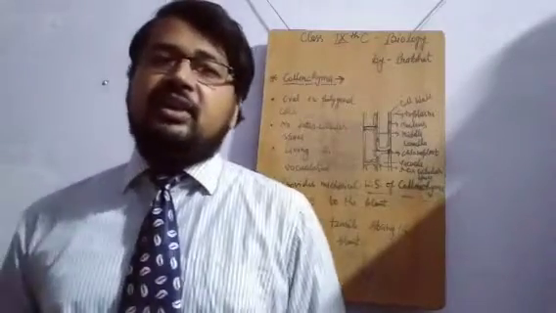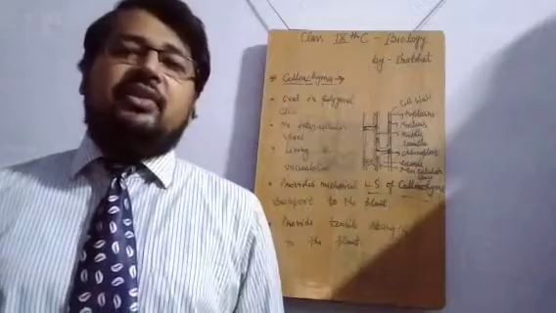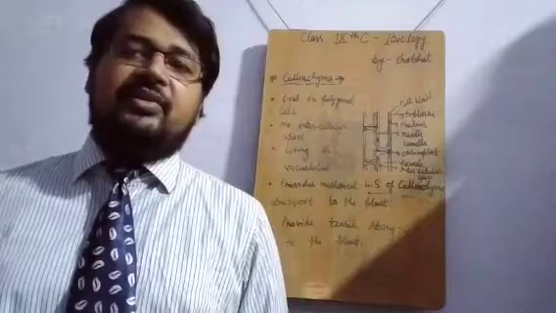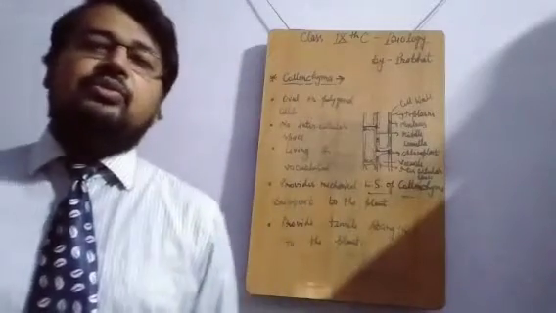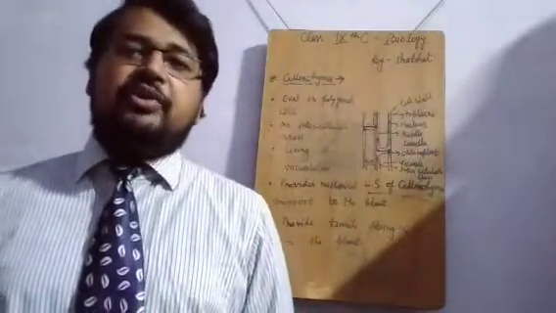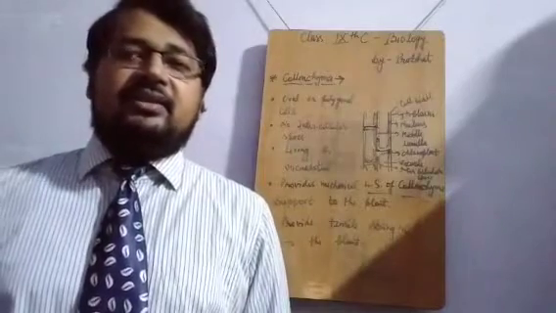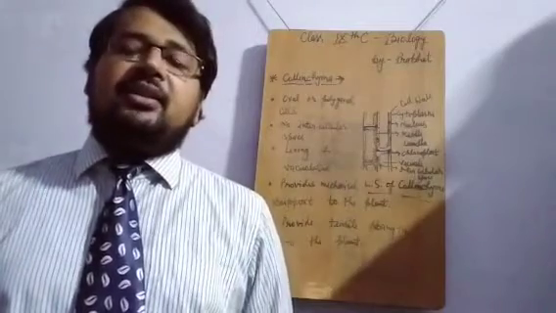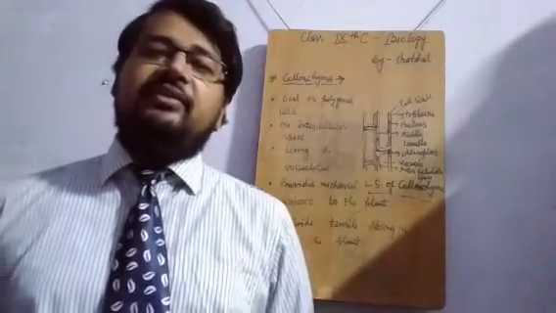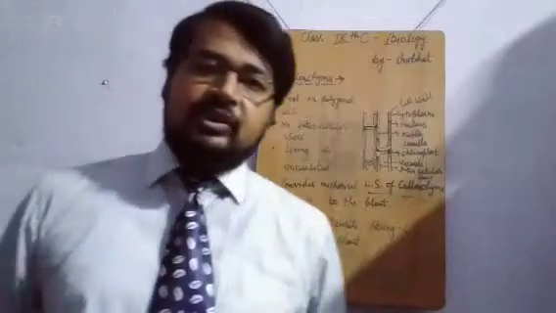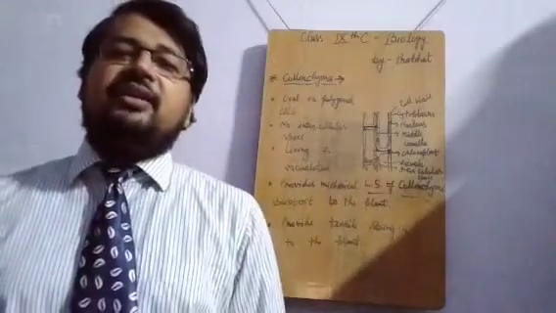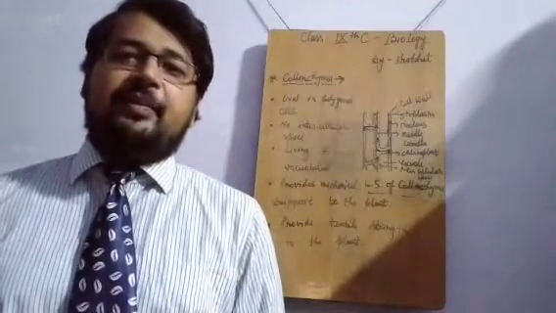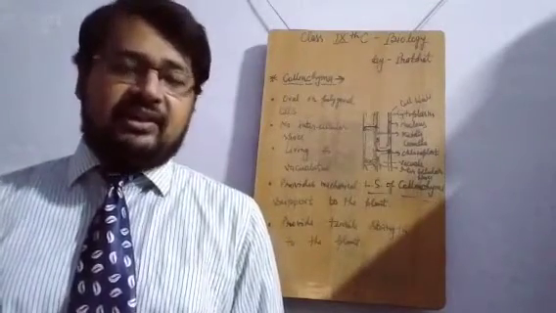Such type of questions are regularly asked in the examination. Differentiate between collenchyma and sclerenchyma, or differentiate between parenchyma and another tissue. Any two tissues will be given to you and you have to make a comparative analysis. So if you make a chart and compare the tissues with specific features, that will fetch you good marks. You need to understand the structure and specific functions, then only you will be able to write the desired matter on your comparative analysis chart.